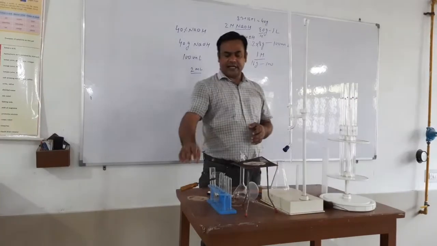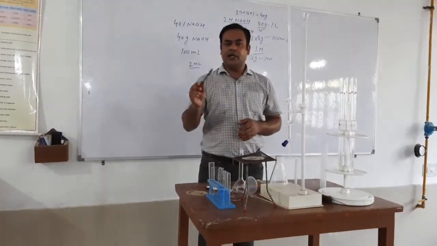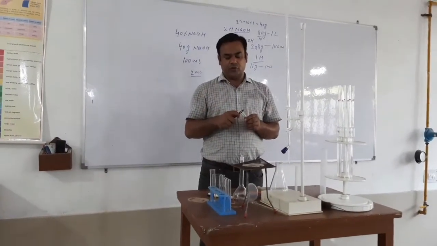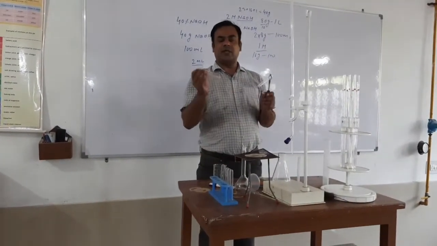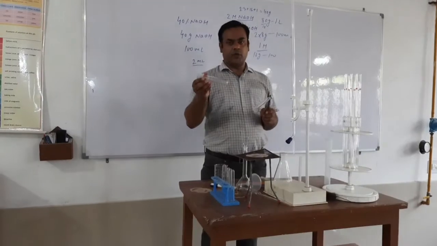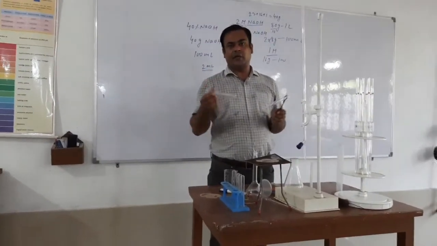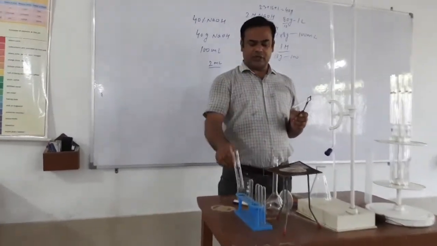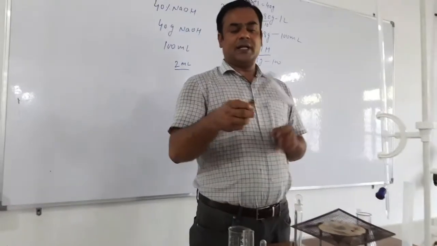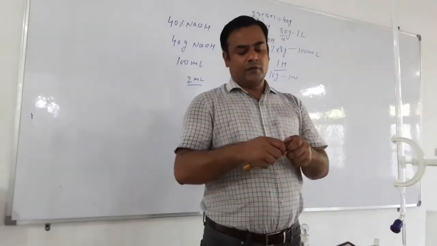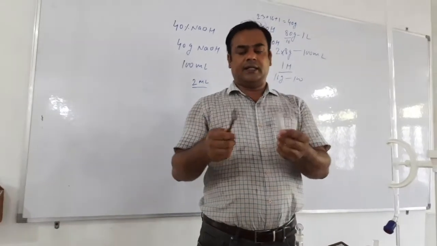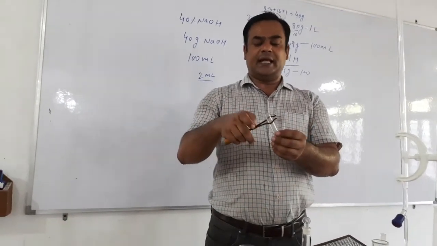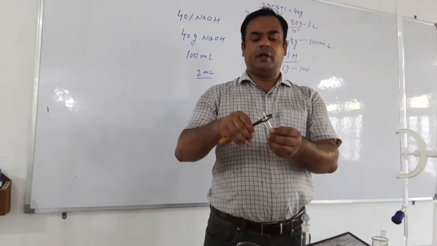One important thing is that whenever we have to perform any heating work, we have to use a boiling tube. This one is a test tube, the shape of both is the same, but this one is called a boiling tube. Whenever you have to boil any liquid or solution, we use this one. This is a test tube holder. You can fix the test tube inside the holder like this. We will put the test tube inside, and then with the clamp we will fix it.